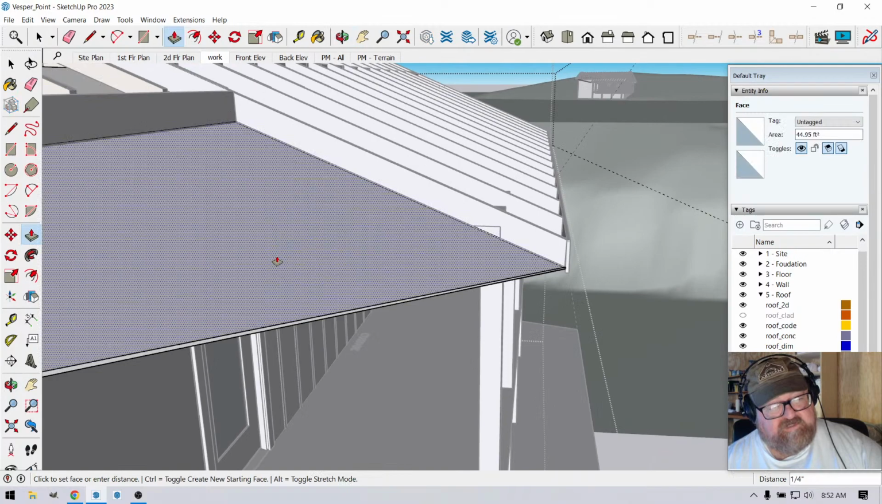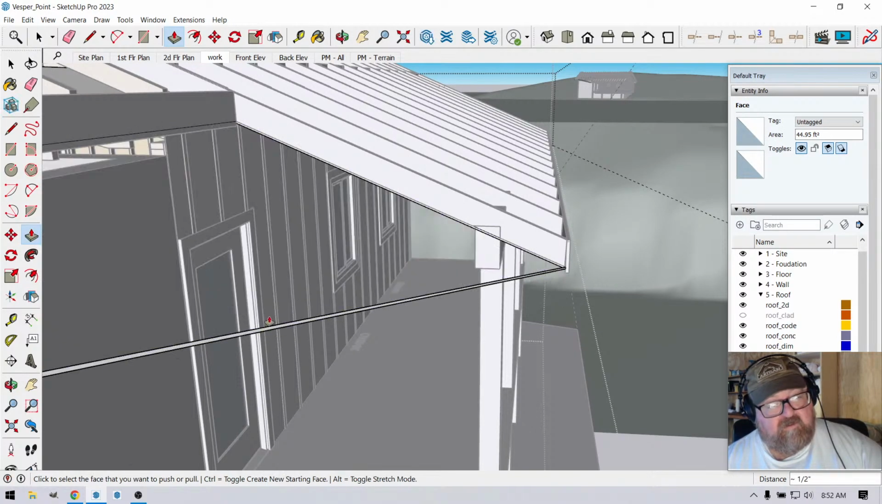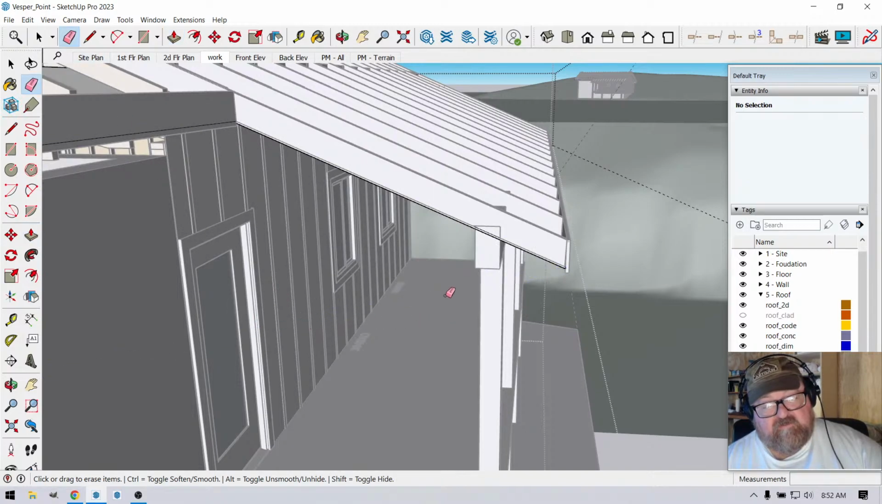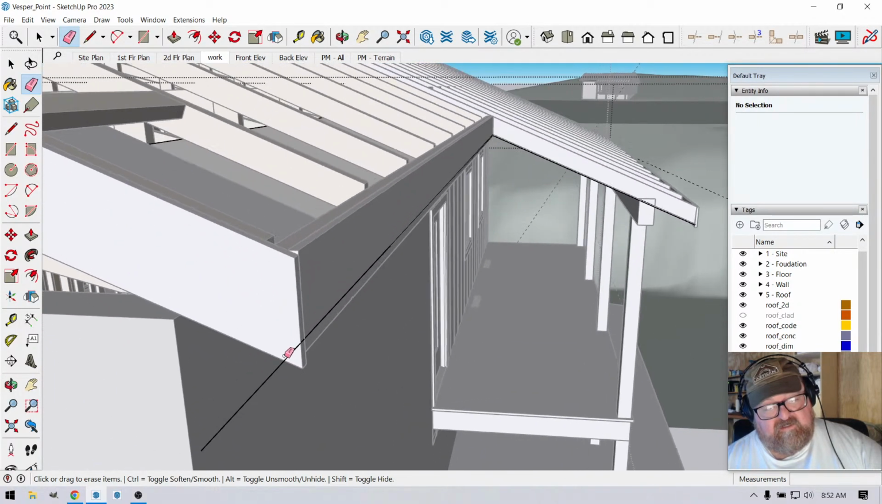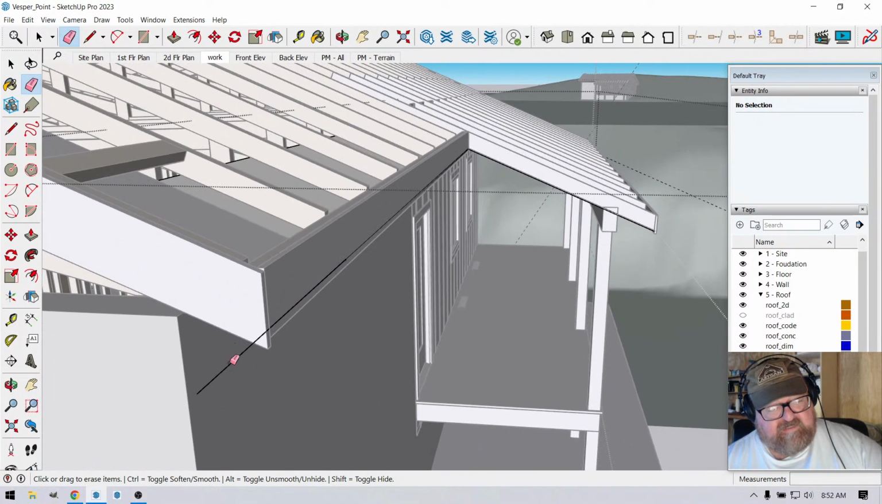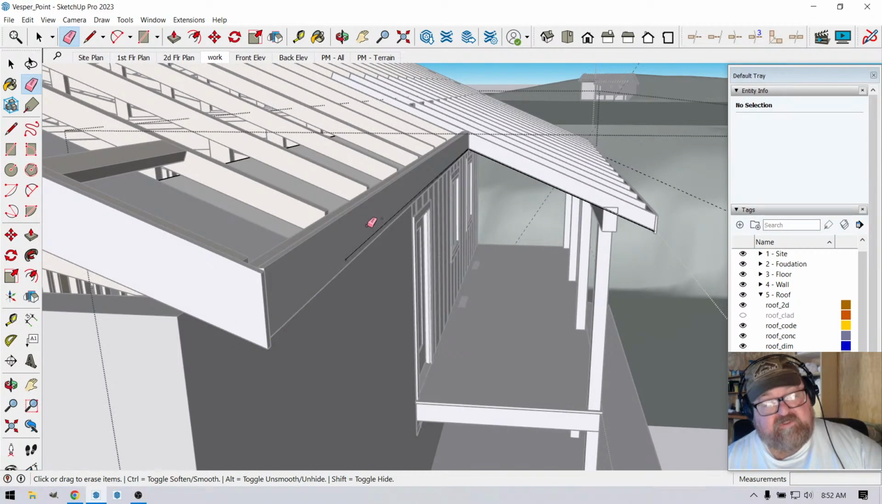Should be able to use this, yeah, to cancel it out. There we go. Maybe the life of a design build contractor is not so bad after all. Now I got this line I got to deal with. So what I'll do is I'll pull